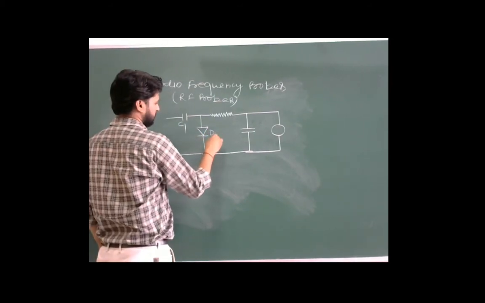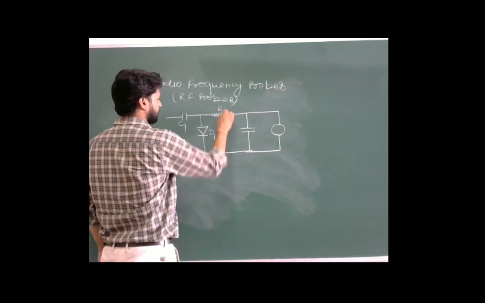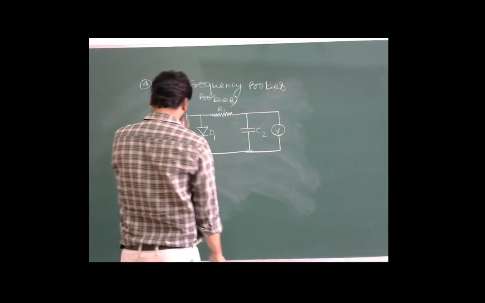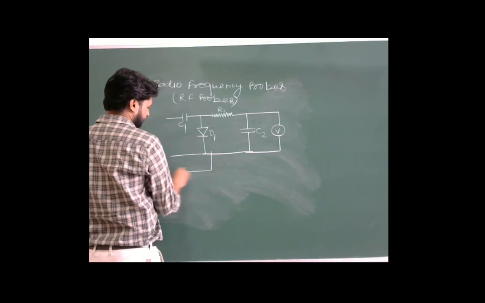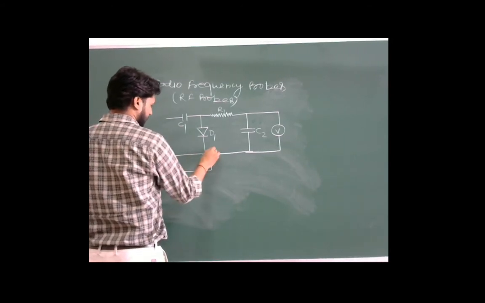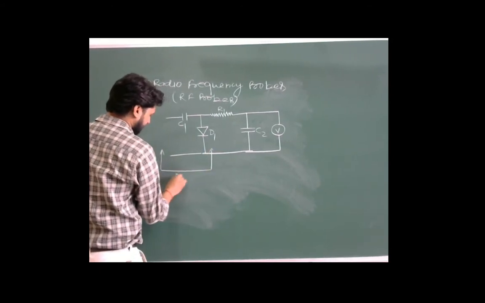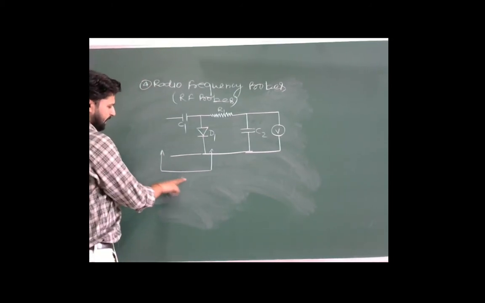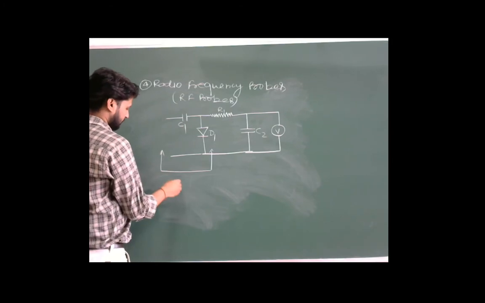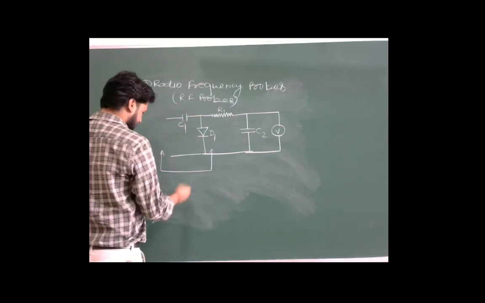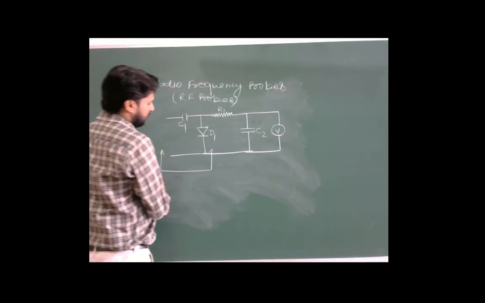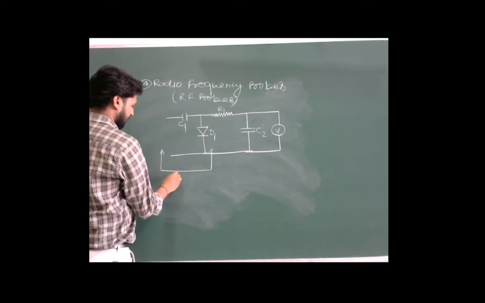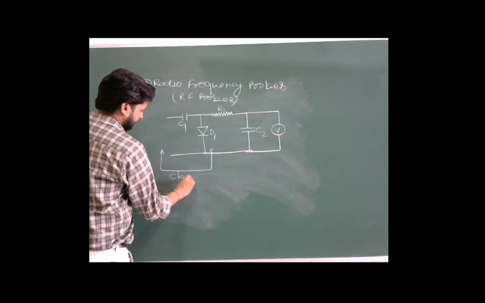This is diode D1, this is resistance R1, and suppose this capacitor is C2. This is the voltmeter circuit. So this part is the peak detector circuit, or we can say that it will work like a clamper. In the next discussion, I will let you know how this circuit can work as a clamper. So this is the clamping circuit,